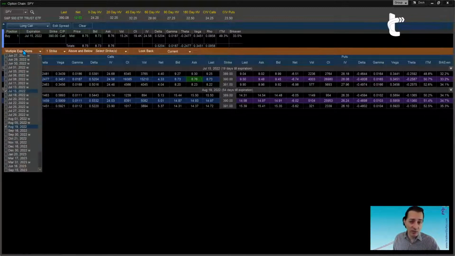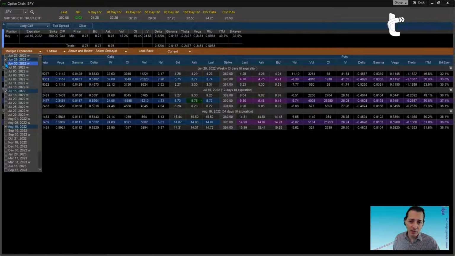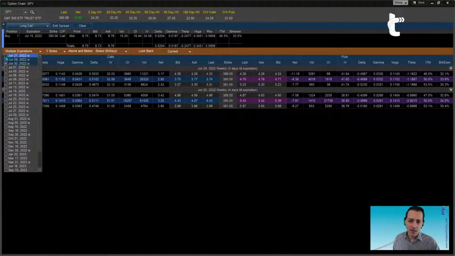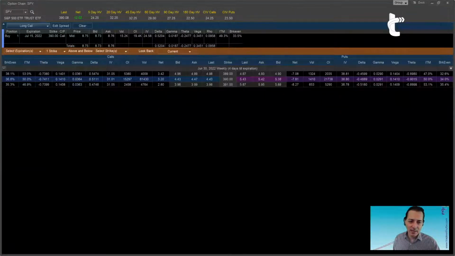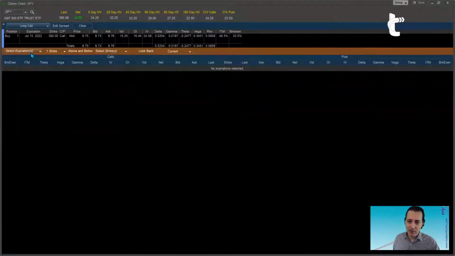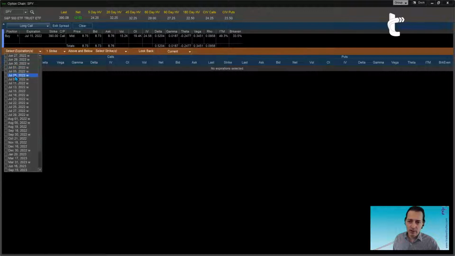And if you are working with different expiration dates, you're going to have to come here and manually select what you want. Maybe you only care about the front week, which would not be June 29. That is Monday. The front week would be, let me make no mistake, July 3 and July 10 in this particular case. Okay, so July 3.